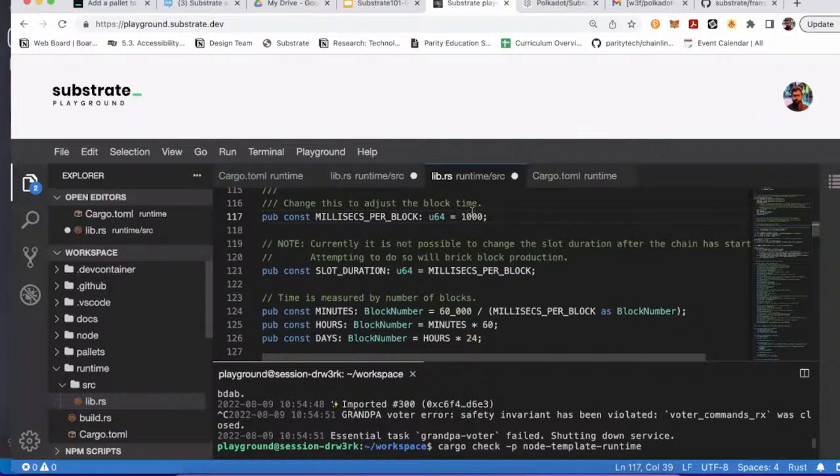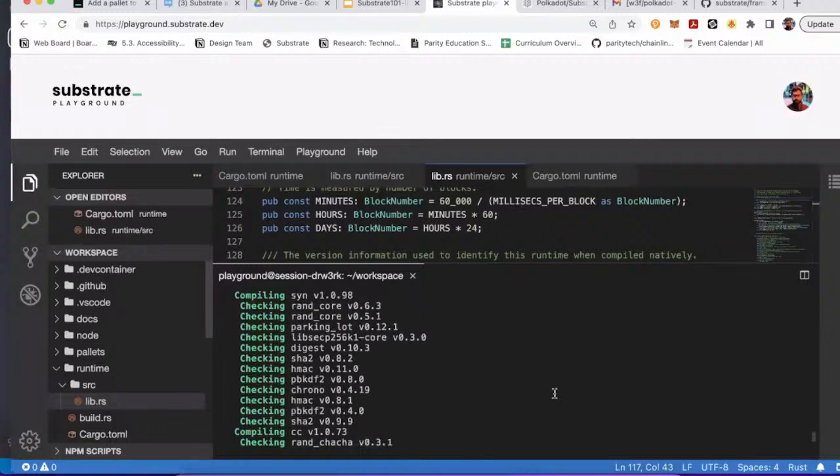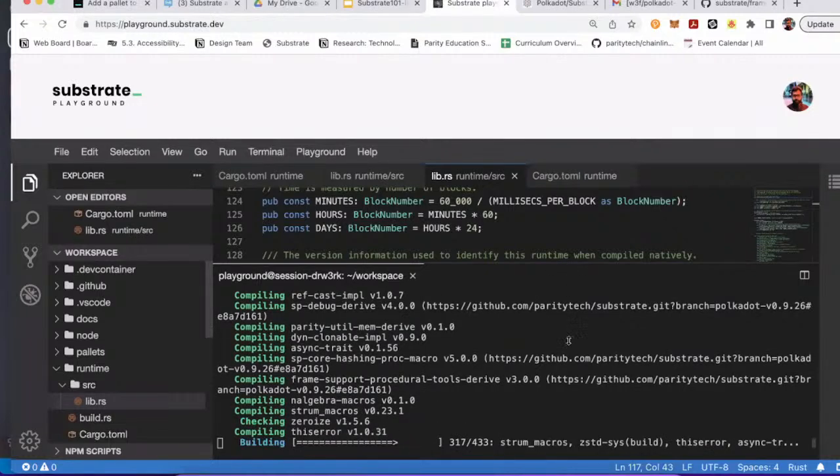The block time of 6 seconds was chosen by Polkadot to ensure that the core logic of block production is executed for about 2 or 3 seconds. The other time is reserved for block transmission and so on. But anyway, for development purposes, if you just want to see how your blockchain is building, you can change that parameter as well. Feel free to do so. And then let's see how we are doing with the compile. I'm just passing time here. We'll let it do its work, and then I'm going to go over this runtime